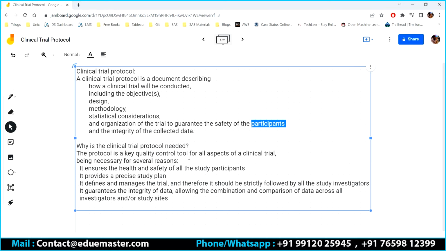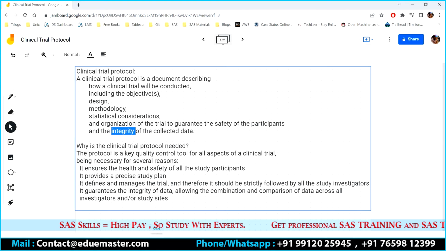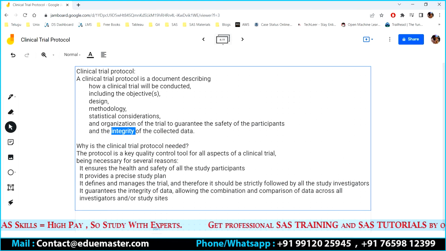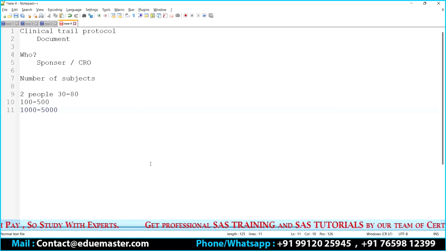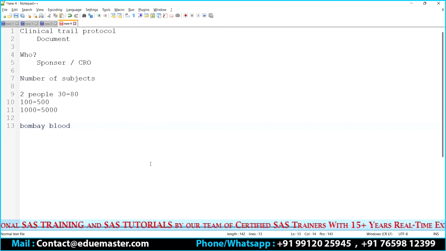And last one, this is very, very, very important. Most of us will take this in a light manner, but it is very important. What is the integrity of the collected data? That is, you collected the data, right? I'll tell you a very simple example. Most of you might be aware of a very rare blood group called Bombay blood. You might know this. Only 10% of the population have this particular one across the world. That is called Bombay